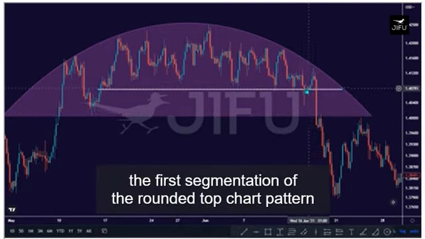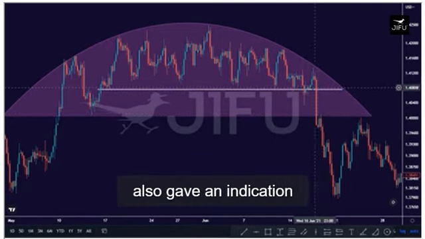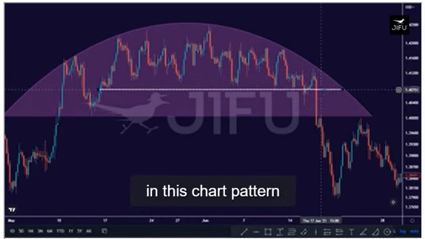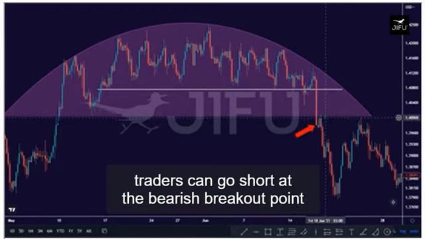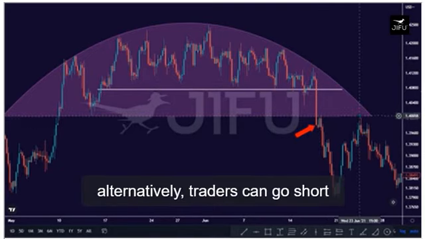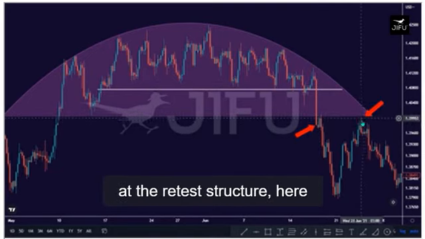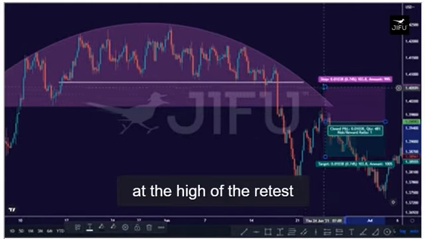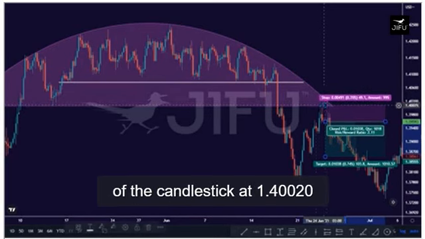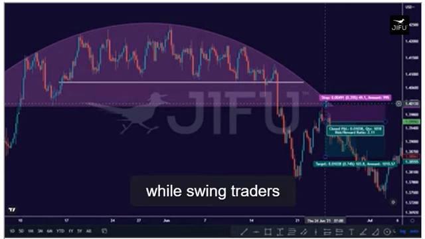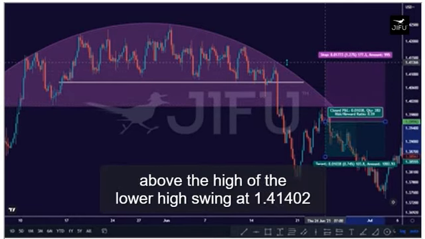The first segmentation of the rounded top chart pattern also gave an indication of the loss in the bullish momentum in this chart pattern. Traders can go short at the bearish breakout point away from the second brim level. Alternatively, traders can go short at the retest structure here. Day traders can set stop loss at the high of the retest candlestick at 1.40020, while swing traders can set their stop loss above the high of the lower high swing at